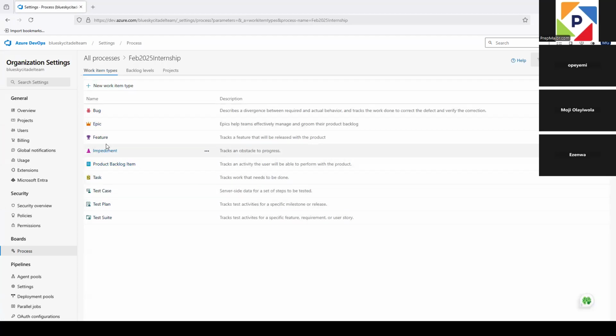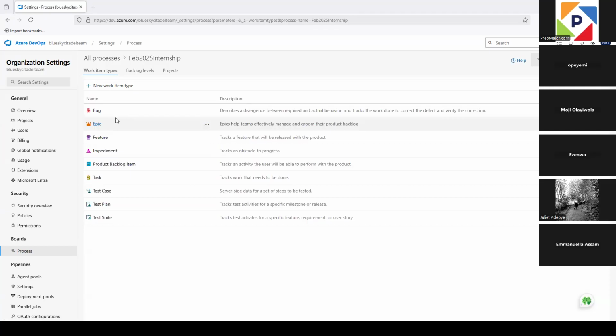So these are the things that we want to configure or customize in such a way that we're able to do some things when we get on our board. I don't want us to go on the board first and then come back here to do this. So for us to be able to do that, what we want to do over here is the first one